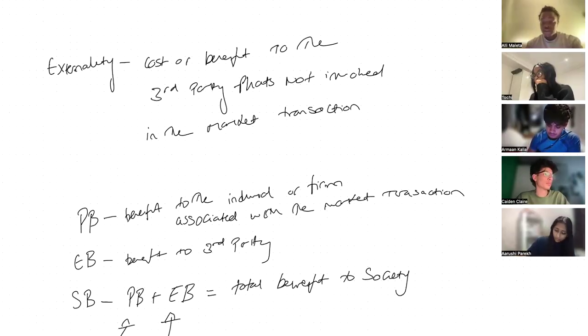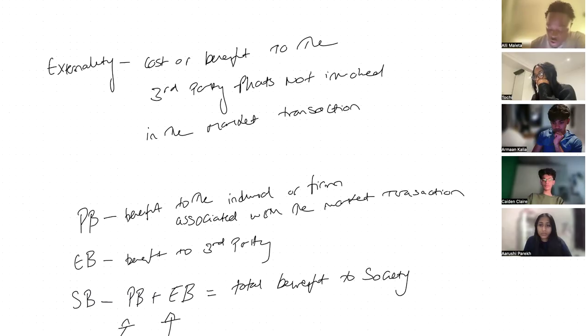So if you were to make more of the good, you would be harming other individuals because you wouldn't be accounting for the extra cost. So at this point of allocative efficiency, the consumer is maximizing welfare, but also the correct amount of the good is being produced. So now, if we go back to what Armin said, let's go through positive